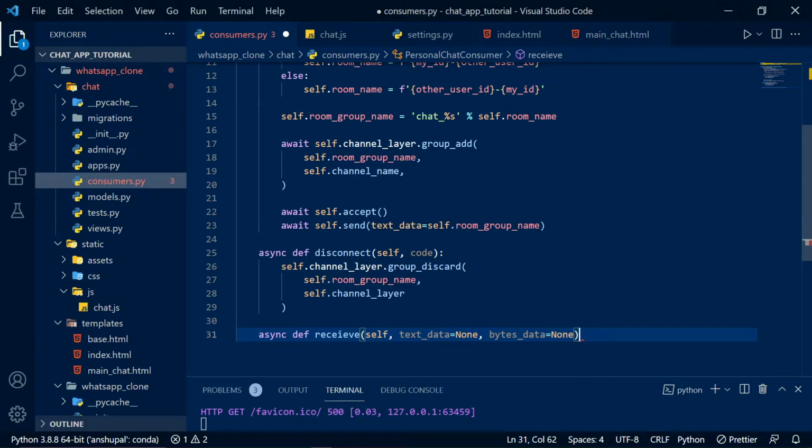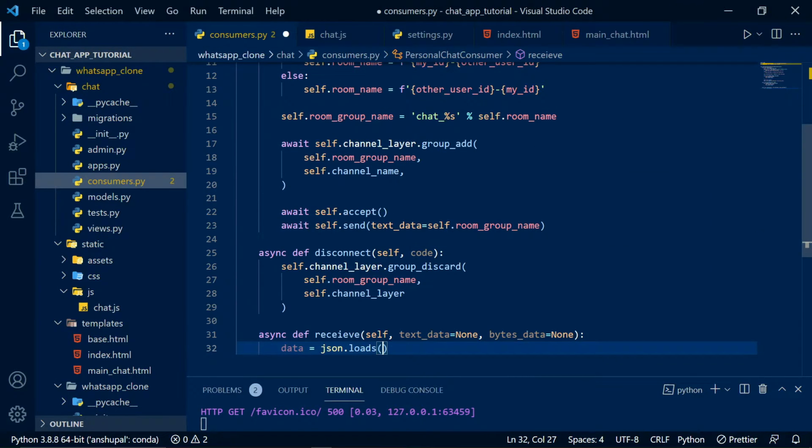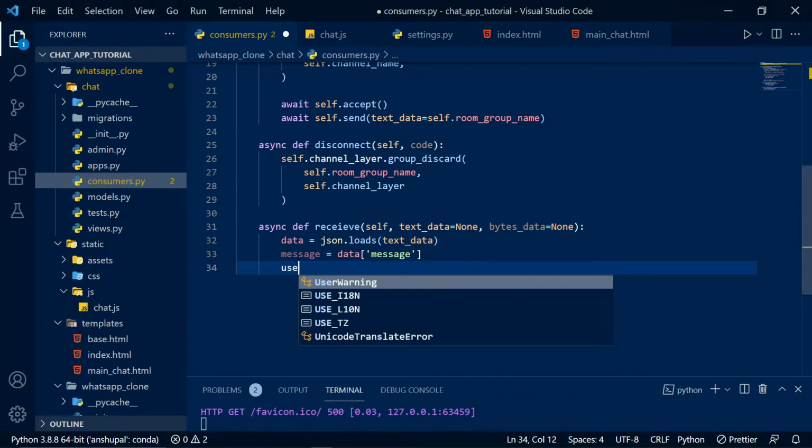Now we have to get the data. So data equals json.loads, and the message that we are sending from here, we will get that data in text_data. So json.loads(text_data), we have to get the message from this. So message equals data, message is the key because we are sending message from here, and we also want to get username,